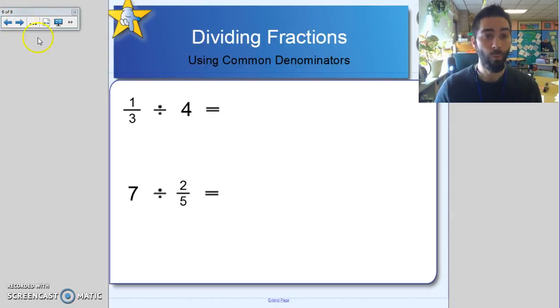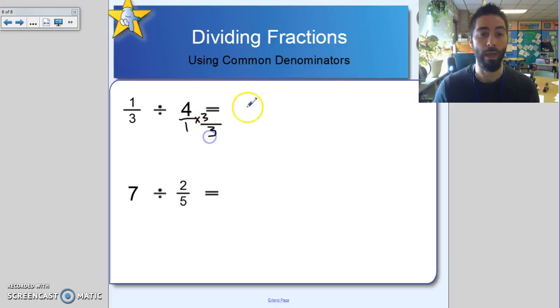Dividing fractions. 1/3 divided by 4. Now whenever we divide, we create common denominators, just like adding and subtracting. So 1/3 divided by 4 is going to be rewritten. Okay, first we put 4 over 1, so that way we make it improper, and now we make a common denominator, which thirds would be our common denominator, so we have to multiply this by 3 over 3. And so we get 1/3 now, rewrite our problem, divided by 12/3,